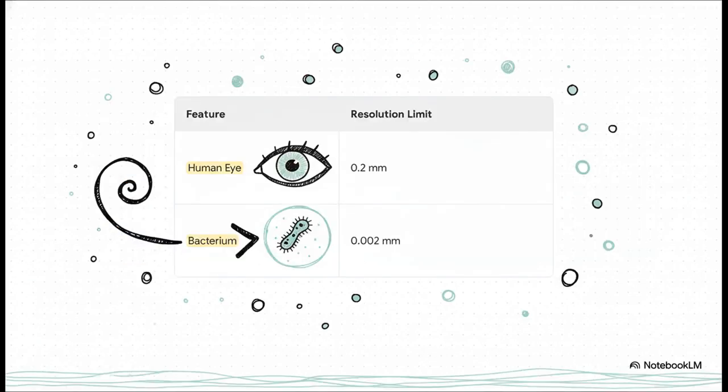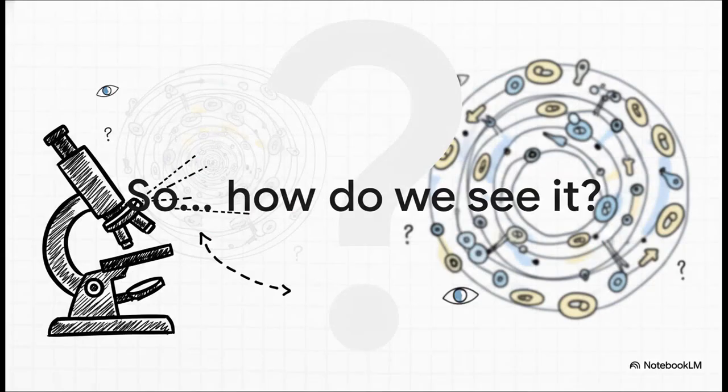Now look at this, because this is where the scale of the problem really hits you. A typical little bacterium is around 0.002 millimeters. That's 100 times smaller than the absolute smallest thing our eyes can even register. We're not just talking a little blurry here. We're talking about a completely different universe of size. So how in the world do we bridge that massive gap? How do you build something that can actually peek into that hidden universe and bring it back for us to